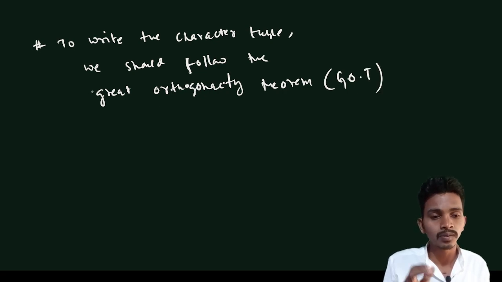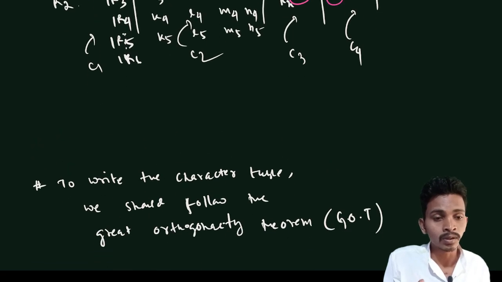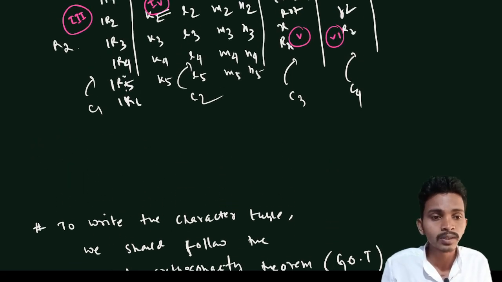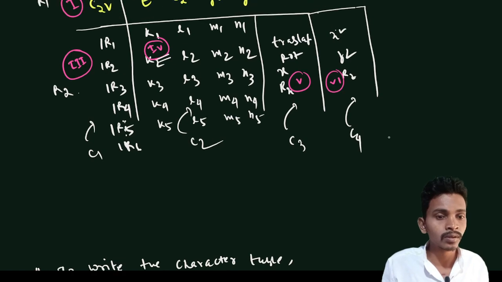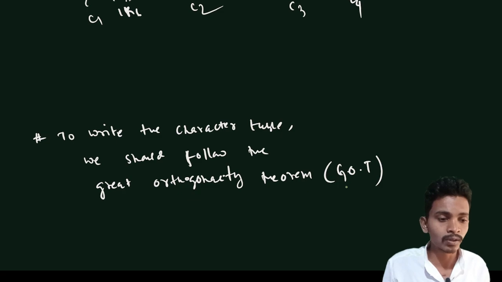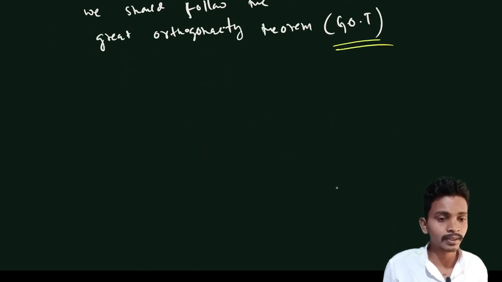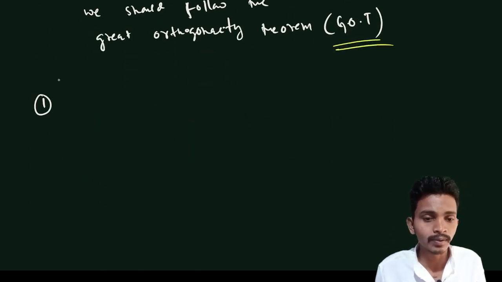This theorem has some postulates. That postulates we have to follow to write the character tables. So what are the postulates GOT gives? The first postulate. What it says is that